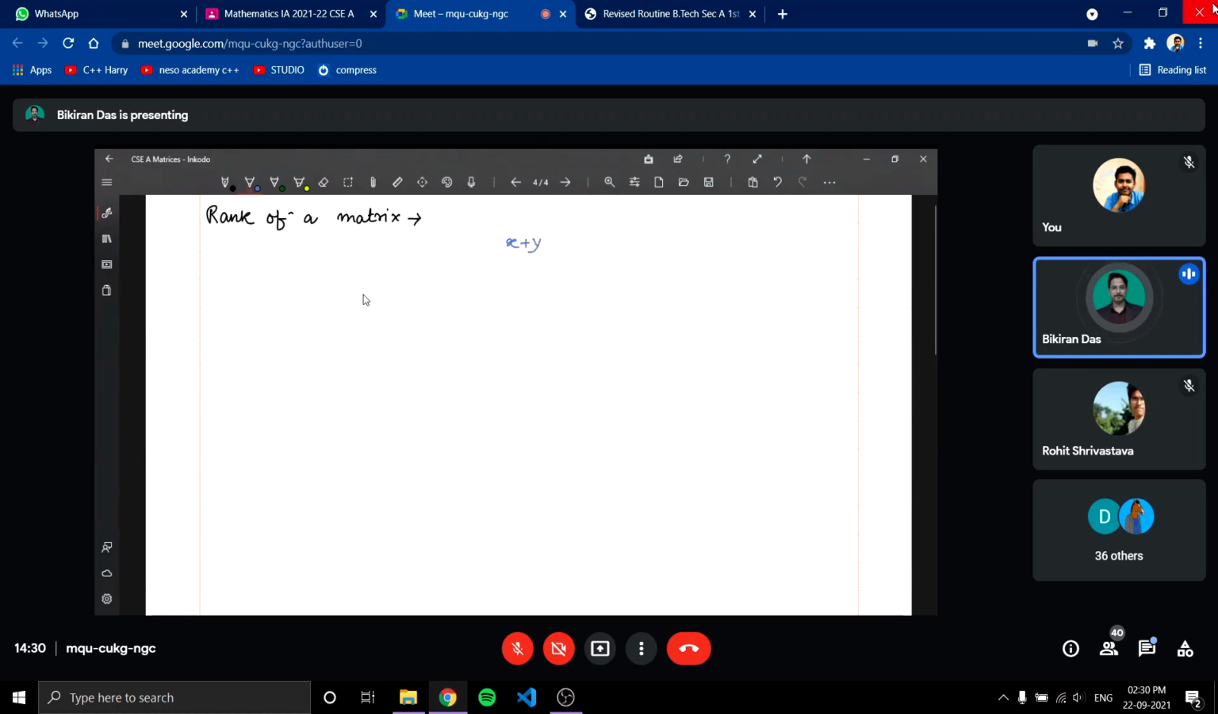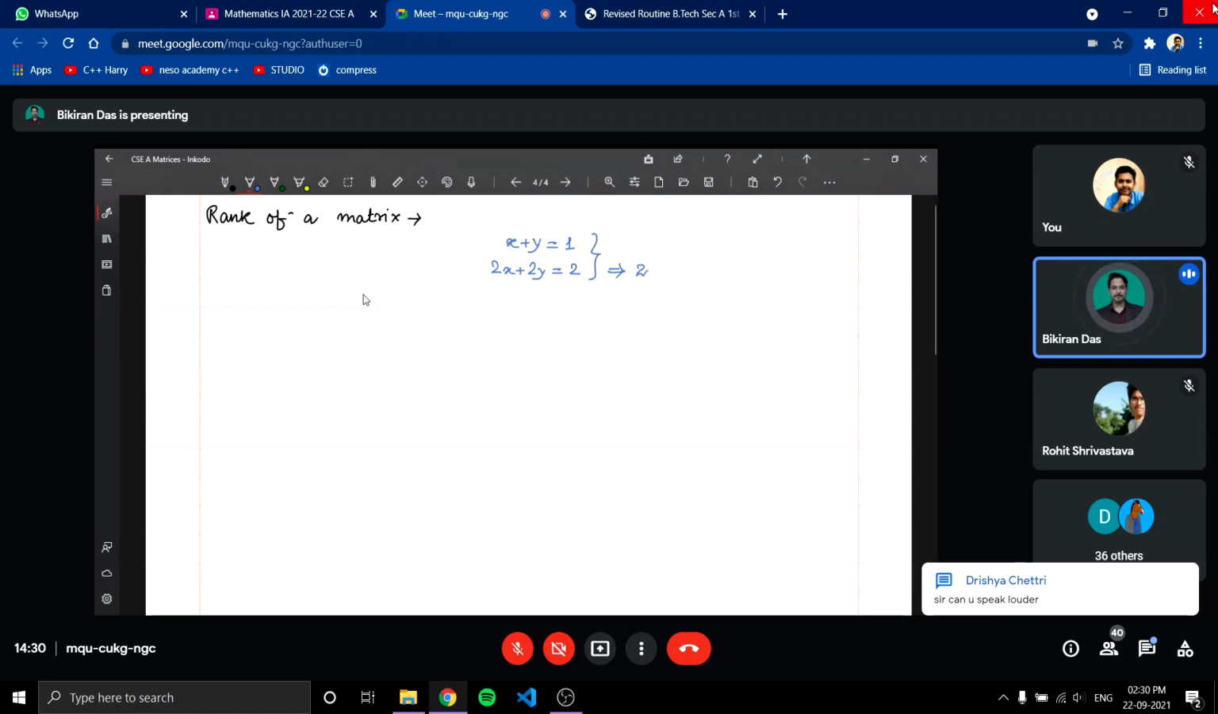x plus y is equal to 1 and 2x plus 2y is equal to 3. You can see that though we have two equations here, we can reduce the second equation. That means if you take common 2,